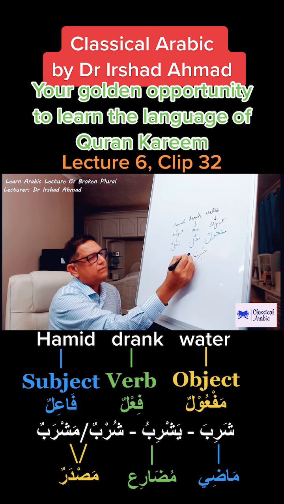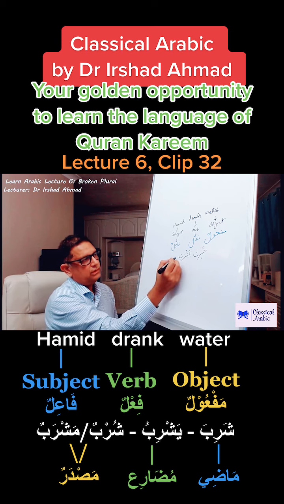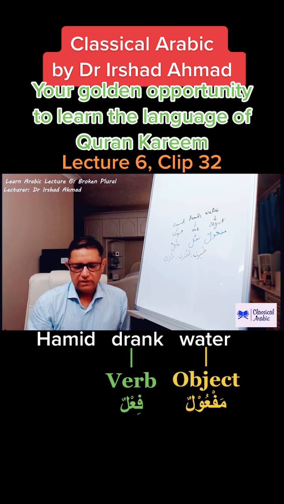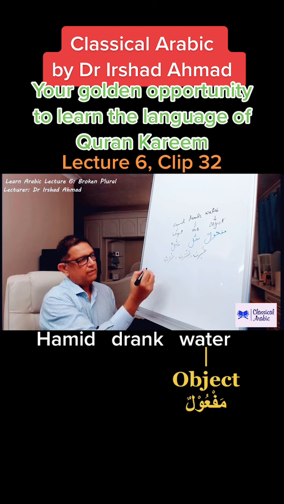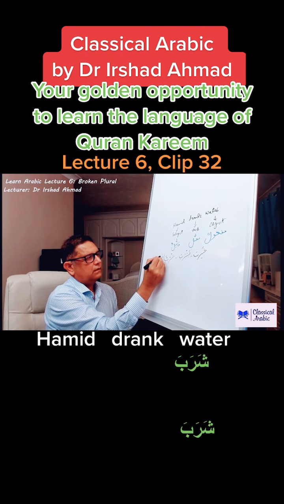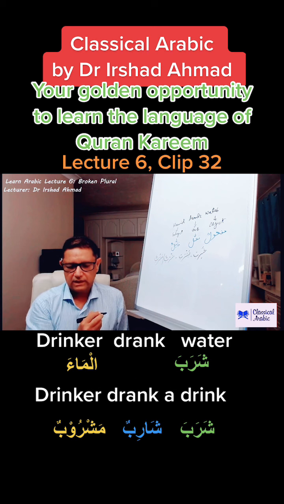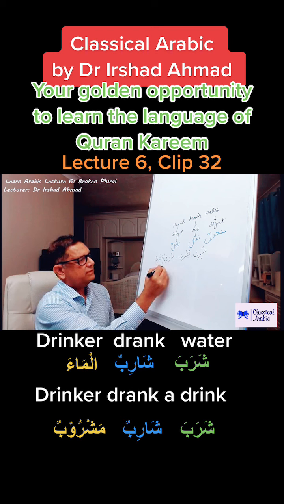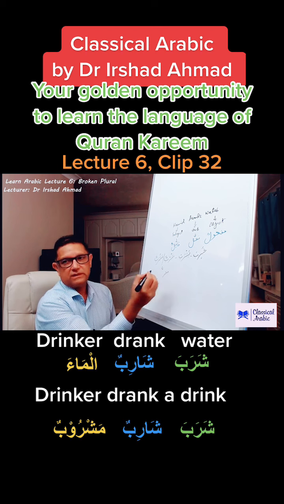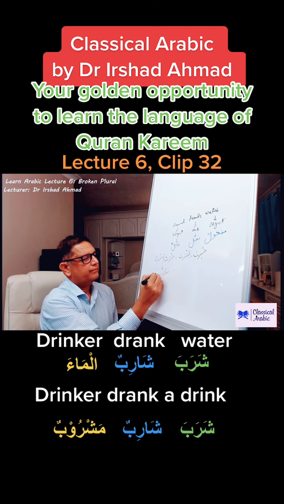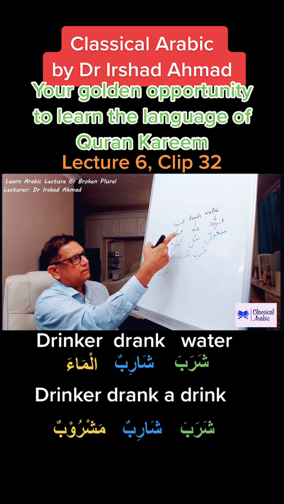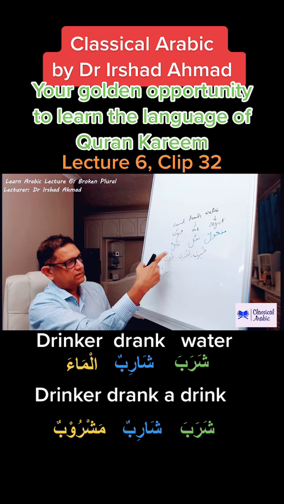It will be actually shariba, yashrabu, if we go to the same exercise. Yashrabu, and shurbun will be masdar. Some verbs have more than one masdar, and in this case, mashrabun is another masdar. And its maf'ul is going to be mashroob, something which we drink, and we are quite familiar, especially in Urdu, with mashroob, mashroobun. We can replace water with mashroob if we have to, but we are just going to replace subject with this